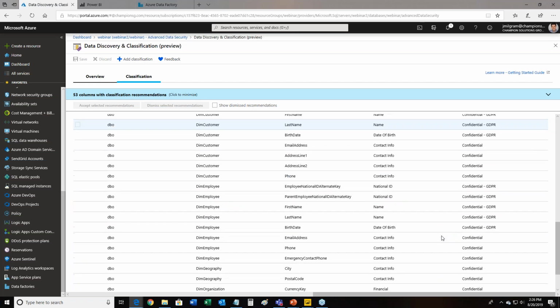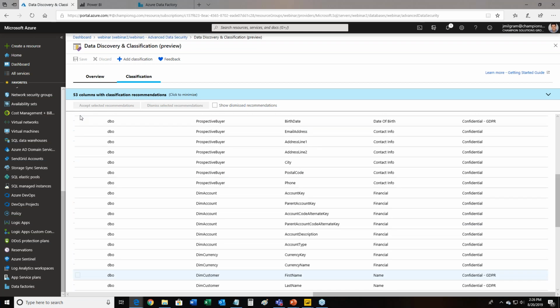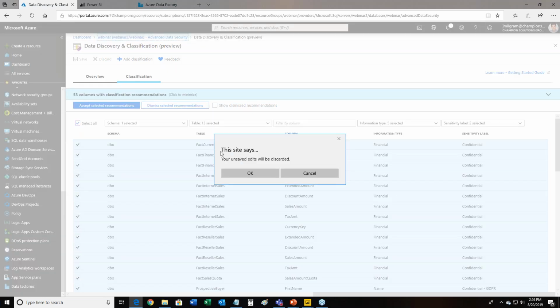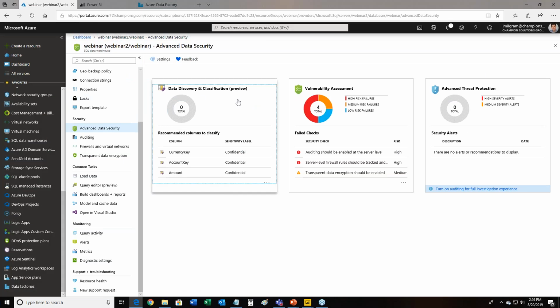And better yet, what I can do is I can just select all of them and say, hey, apply selected recommendations. Labels with data is another topic, and I'm happy to talk more about that maybe offline, or if someone wants to have a more detailed discussion later. But they're not hard to do, and it can make your lives easier on the compliance side. All right, so that was just one of the recommendations for the data warehouse. Vulnerability assessment,